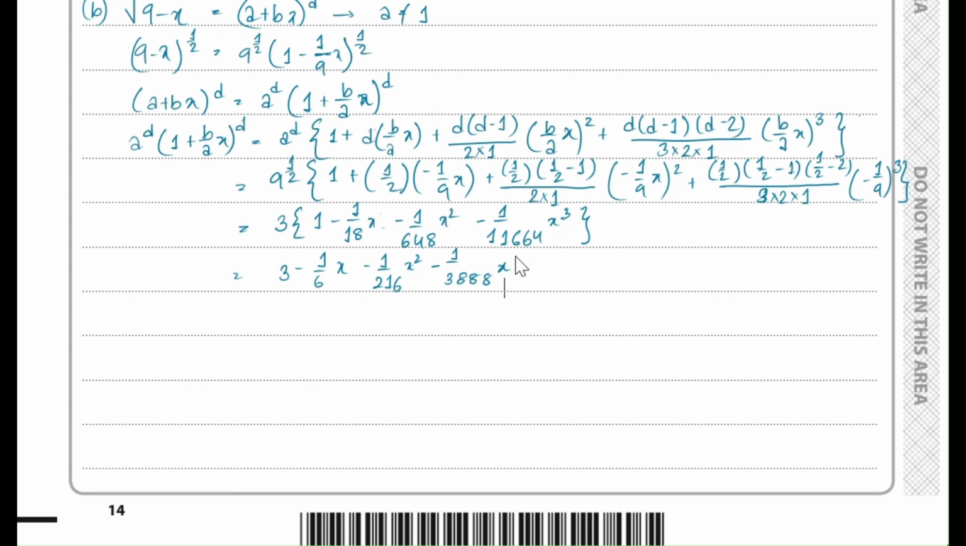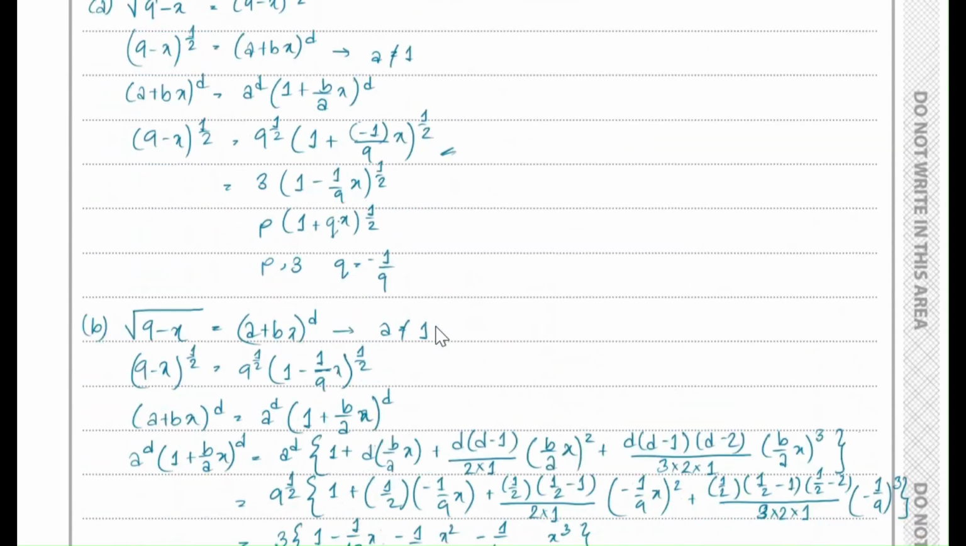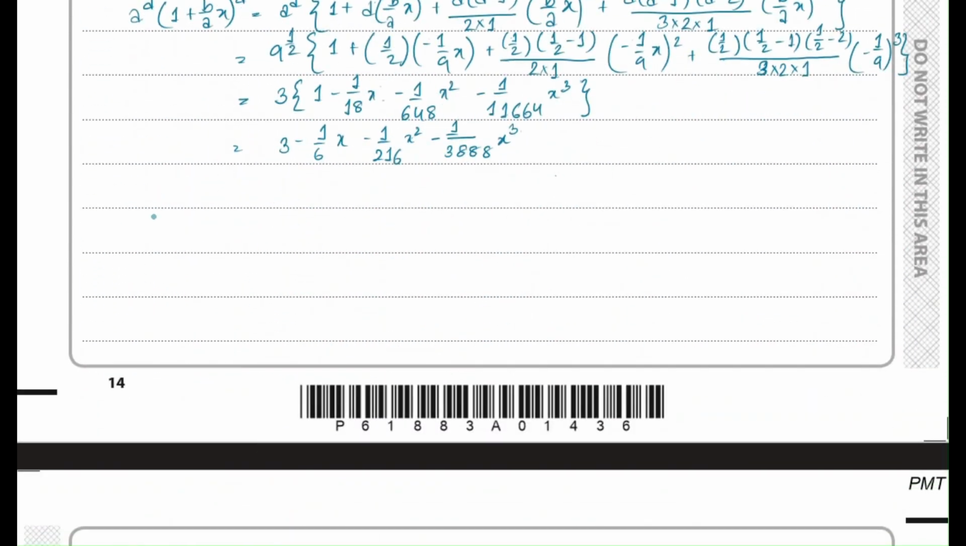So x to the power 3. Or 3. So that is it for I think part B. 3 marks. And for part C,